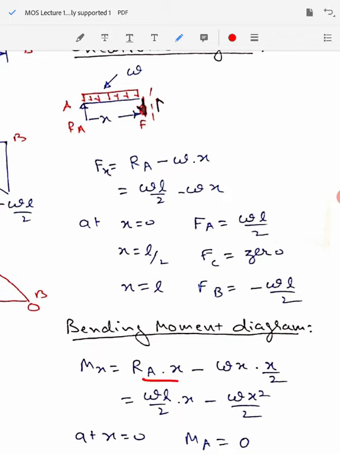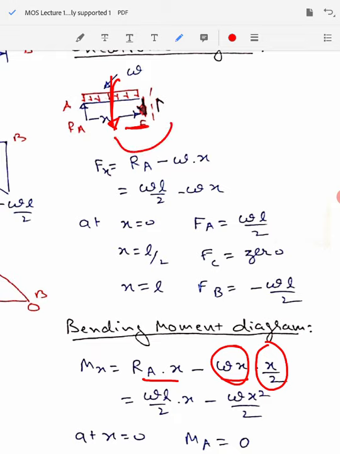Then we have a moment because of the applied UDL, and as I have told you earlier, the UDL can be considered, for the sake of finding the moment, as a point load acting exactly at the middle of the distance where it is acting. So the force acting here is W into x if I consider it as a point load, acting exactly at the middle of the segment, that means at a distance of x by 2 from the cut section. So Wx multiplied by x by 2 gives us force multiplied by distance. So Wx square by 2 will be the net value of this moment.